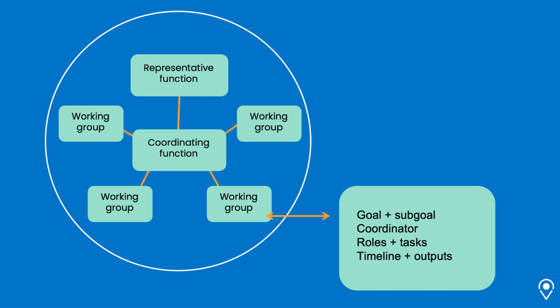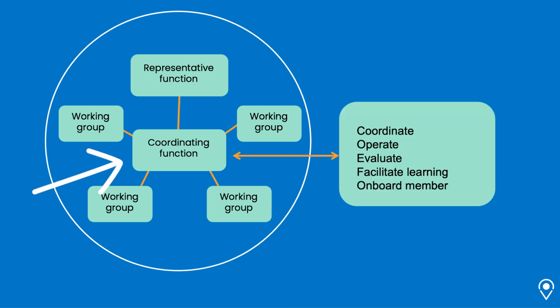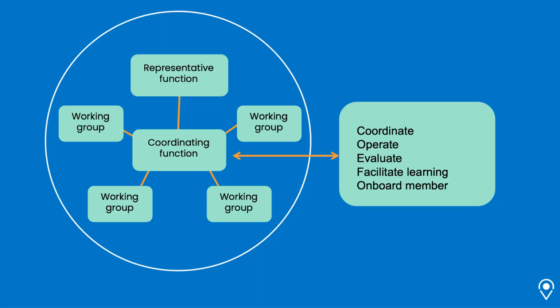In addition, participants need to agree on the roles and responsibilities of the members and how internal communication and coordination will be carried out. The next and very important function I would like to discuss is the main coordination function within the arena. This helps to oversee and link all the different group activities and ensure that all efforts are aligned with the mission and move at more or less the same speed. This is the function that facilitates learning and communication within the arena and with the outside world. People fulfilling these coordinating functions also need to evaluate the progress of the work and make sure that it meets the expectations of the members.